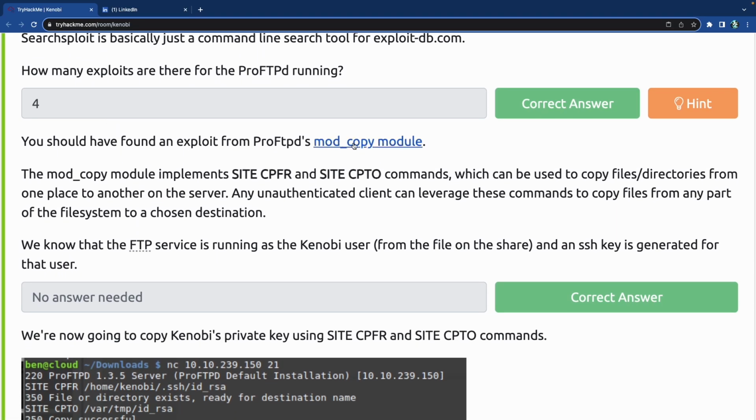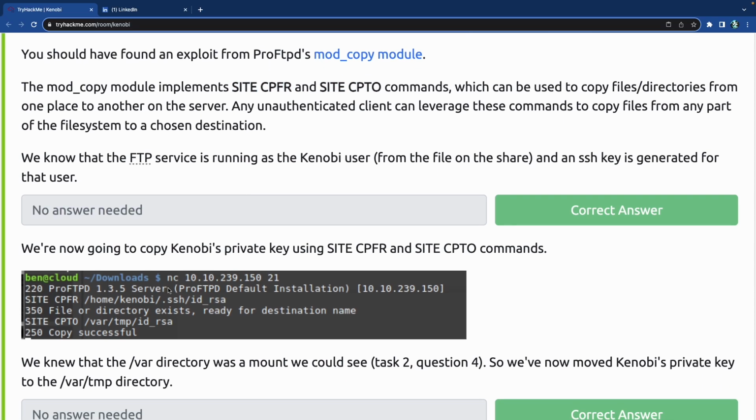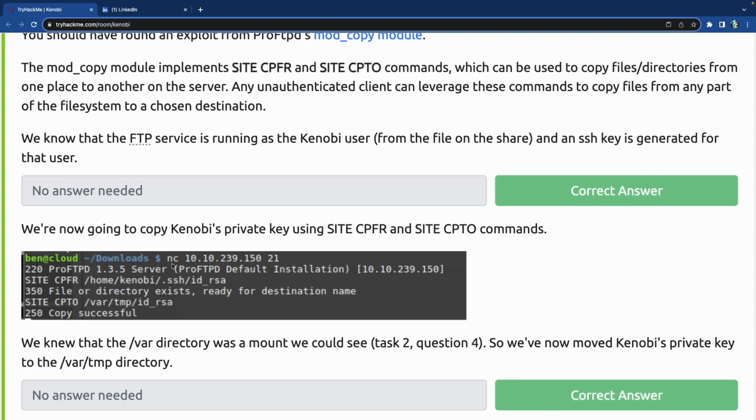And then one of those was the mod copy module. In the mod copy module, these are the commands that are available. So all we had to do while we were listening, so it had to be inside the netcat listener. While we did the netcat listen on port 21 of the IP address, we had to run those two commands. One of them is site cpfr home Kenobi yada yada yada, which was inside the log.txt file, because